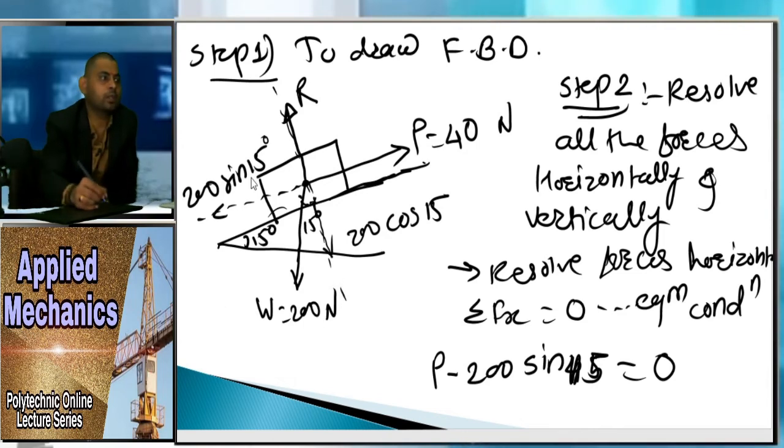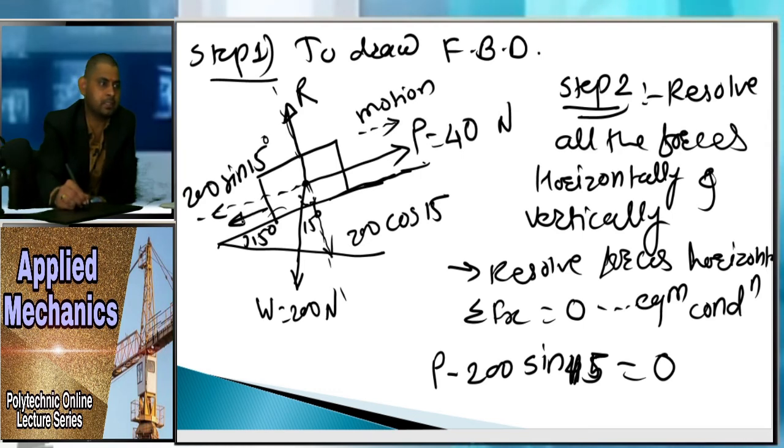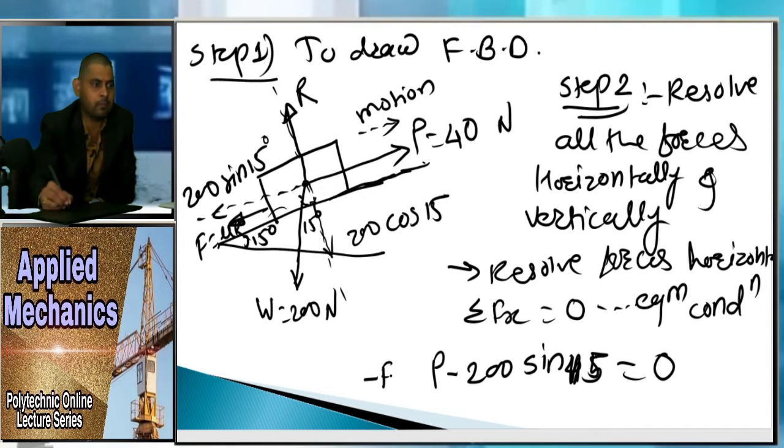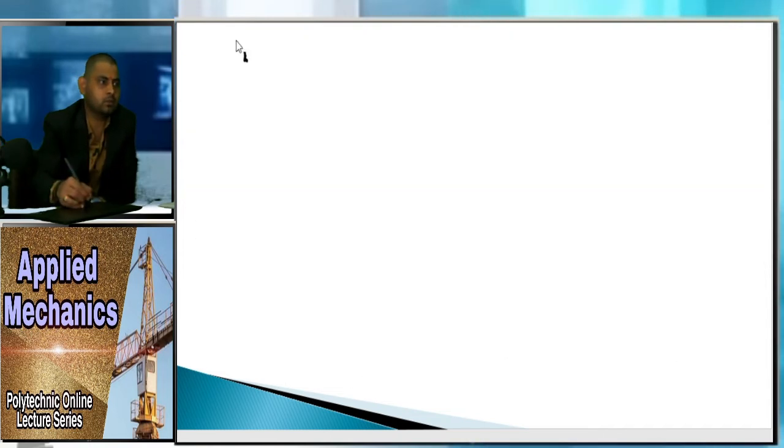Here we have not taken a friction force. Here the motion of the body is towards this side, so your friction force would be on this side. So F is equal to mu R, so that force is also considered here. In which direction? In the minus direction, so here minus F plus P, right? So here you have to take the value of P is nothing but 40 minus F minus the value of